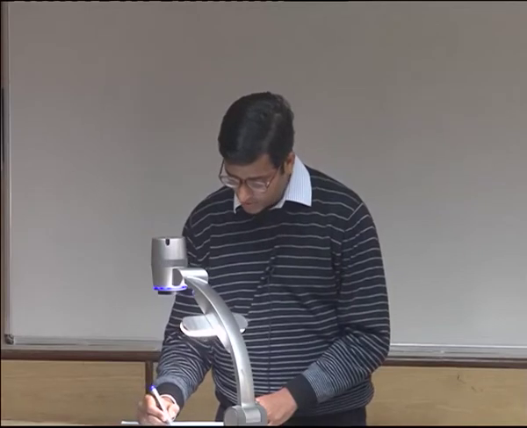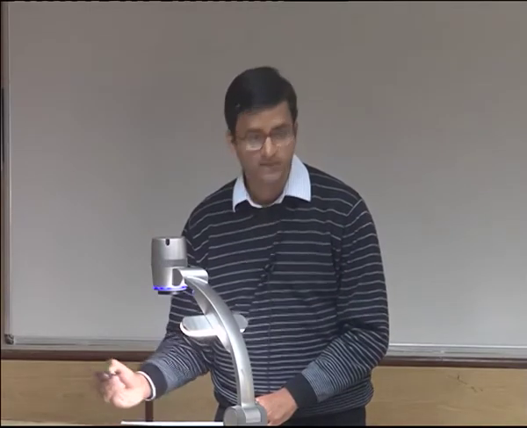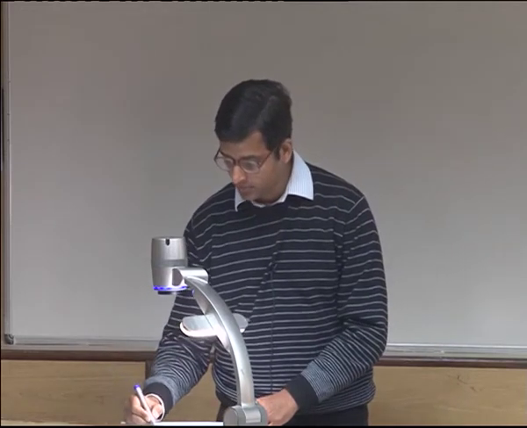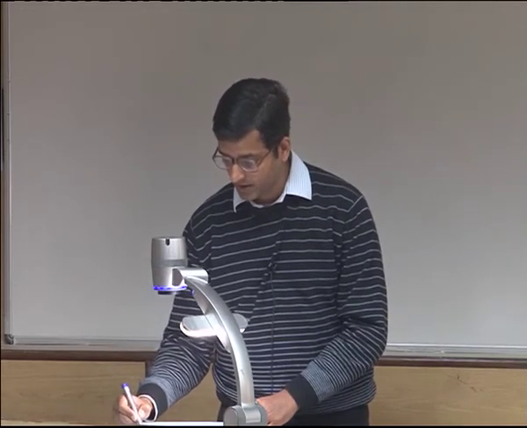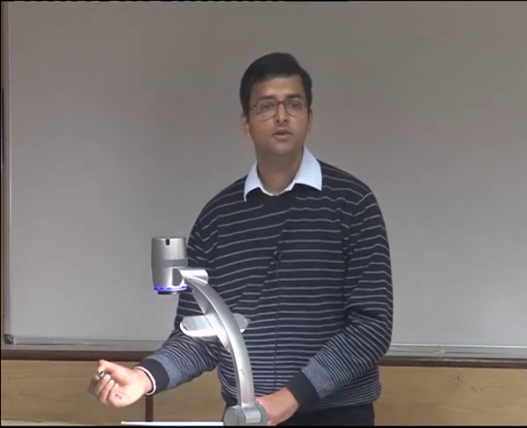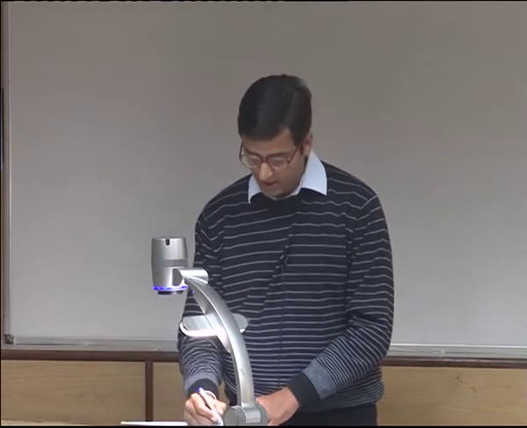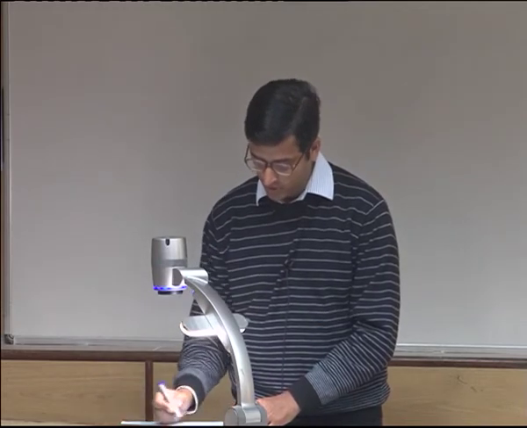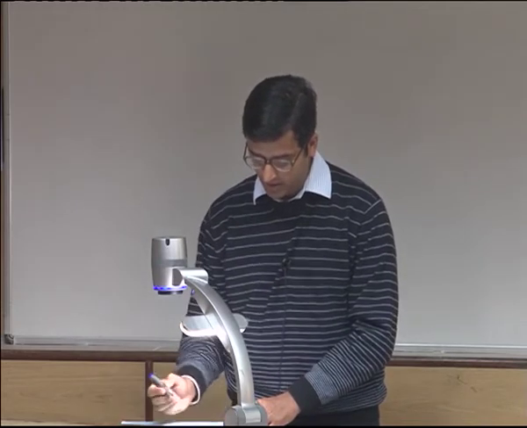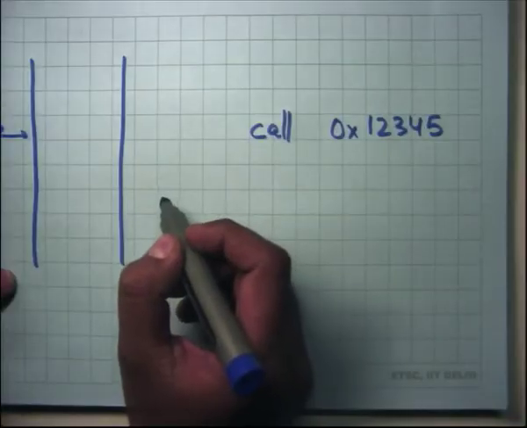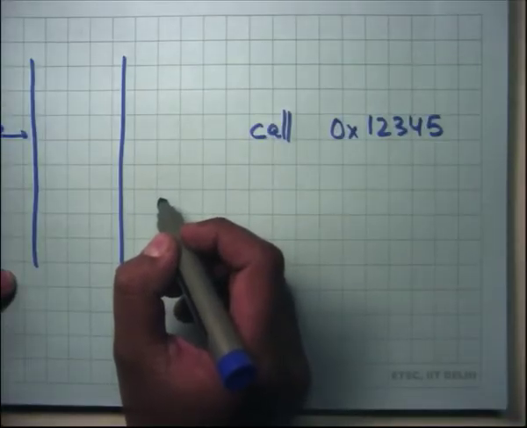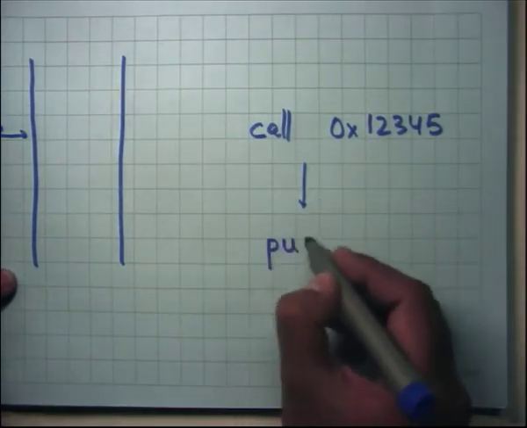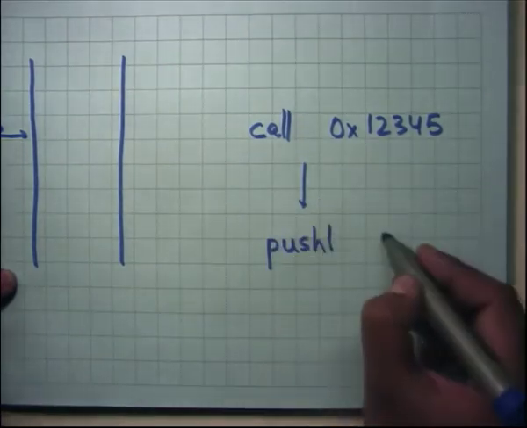Then there is the function call. We saw that there's an instruction called call. I can actually say call, some address 12345, which basically simulates a function call. In this case, let's say here's the stack, and before this call instruction ESP was pointing here. So the call instruction is going to do what? It's going to push the current EIP,